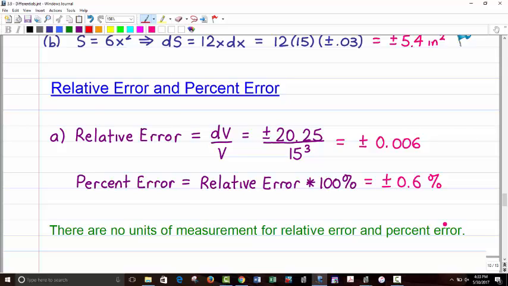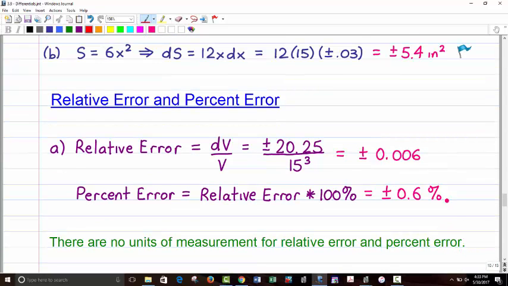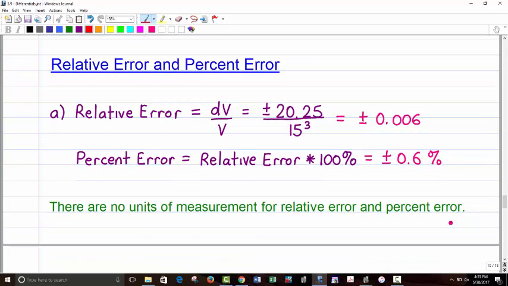Now let's talk about something called relative error and percent error. Now you look at those numbers and, this is using the numbers for the last problem, by the way. So we're saying for the volume, plus and minus 20.25 inches. That sounds like a lot, sounds like a big number, but really it's all relative to what the actual total